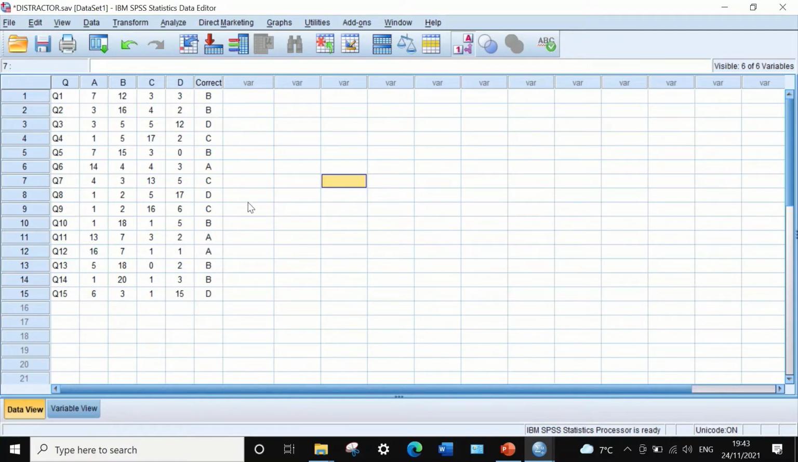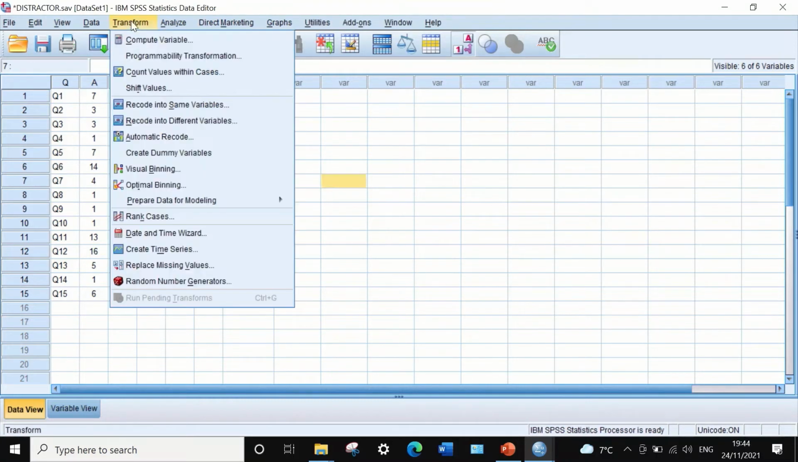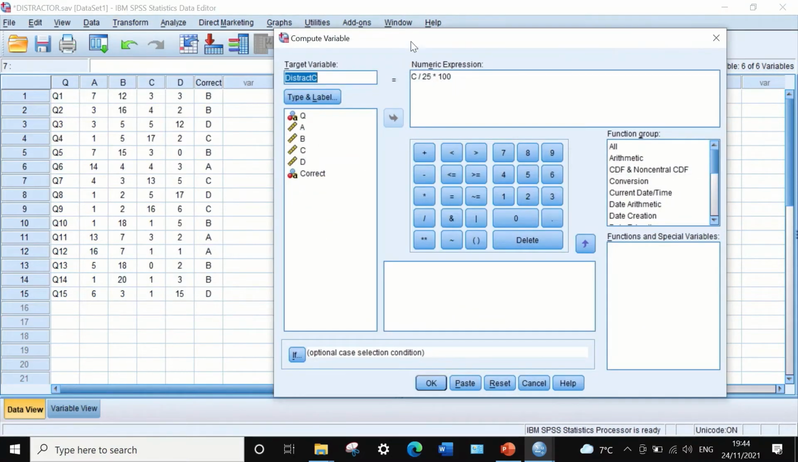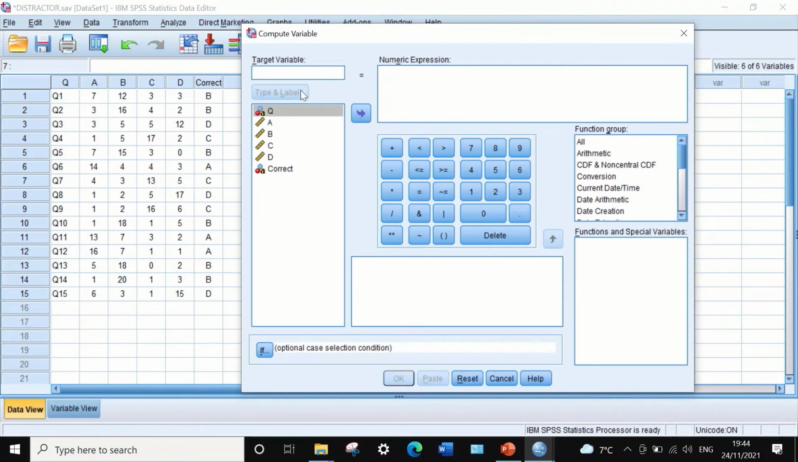And to evaluate the effectiveness of these distractors to distract the student or the students from selecting the correct answer, we're going to use the formula described previously. And the way to do that is to click on transform, click on compute variable, and in the compute variable